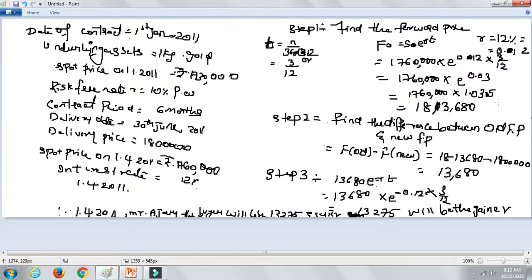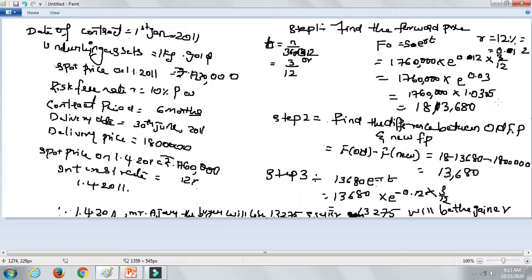I hope I am making this problem clear. So these would be the steps you need to follow and observe. Here we are calculating the benefit on 1st April 2011. So for the parties to the contract, Mr. Ajay is getting the loss, because if he continues the contract, he has to pay 18 lakhs rupees. But if you are calculating the present value on that particular date,